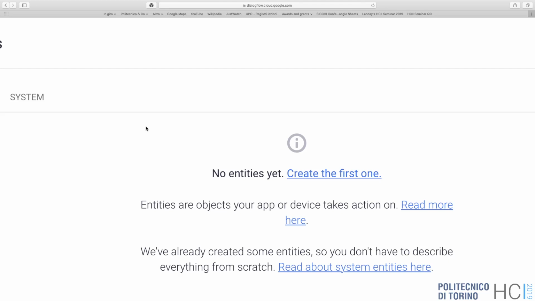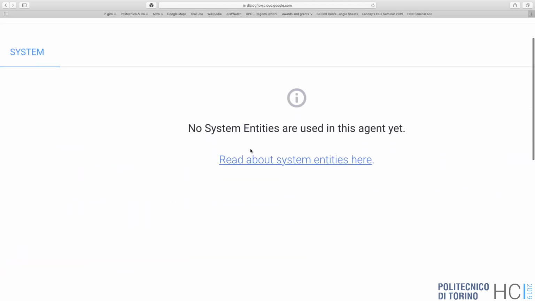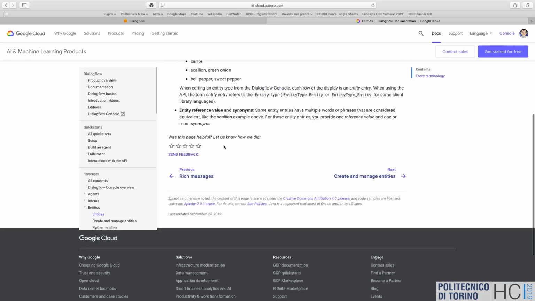We can create an entity called color and say that the values are yellow, red, blue, purple, and so on. So every time you recognize blue, yellow, whatever, it is of a category called color. And Dialogflow has quite a lot of system entities already available